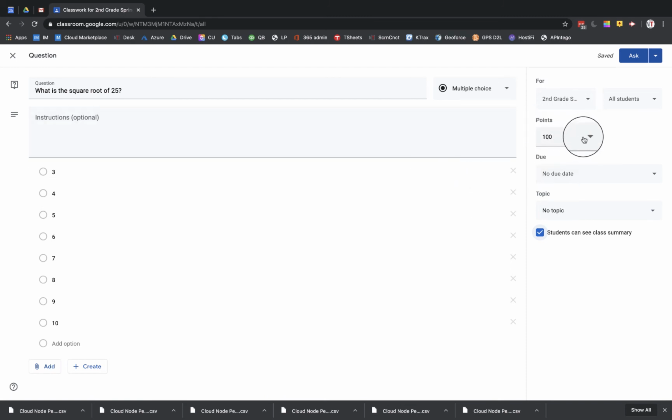Every single question you put in here, you can make either ungraded or give it whatever grade you want. You can also give it a due date, just like an assignment. In this case, I'm going to give it no due date, and I'm going to make it ungraded, just using this as a knowledge check for students. I ask the question,